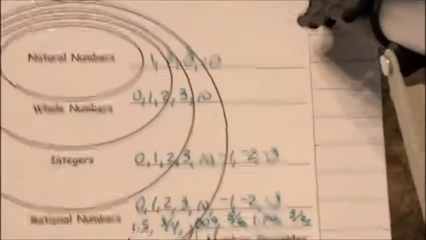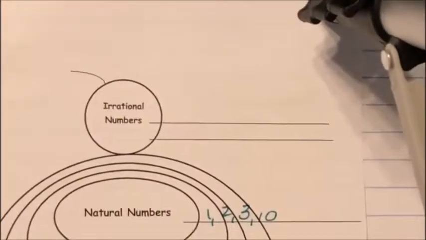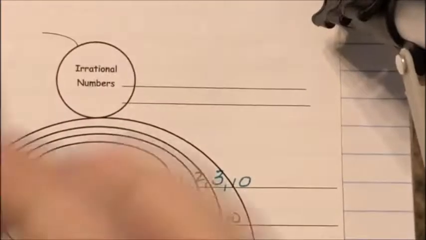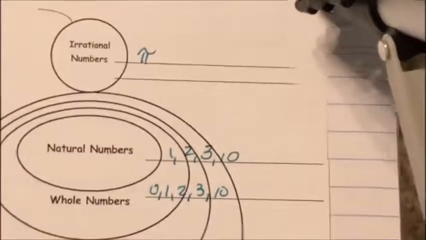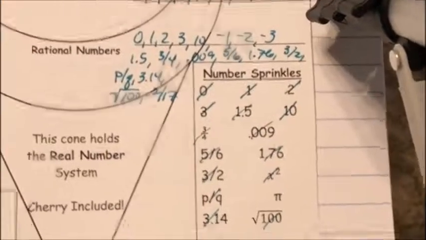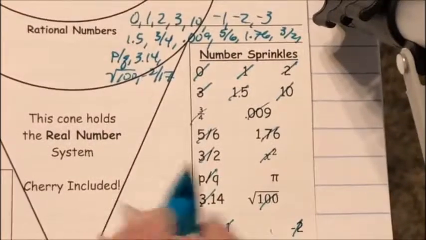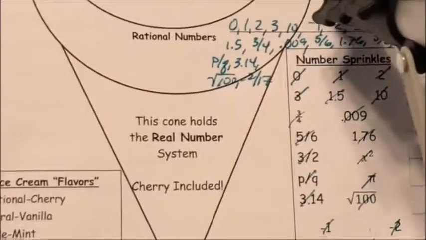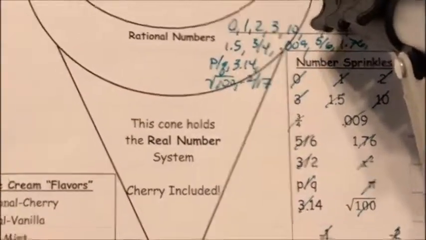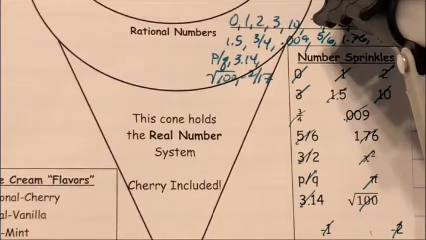So that means I'm left with irrational numbers, which is my cherry on top. My irrational numbers are pi. Okay. And that is your real number system. And that is the end of lesson